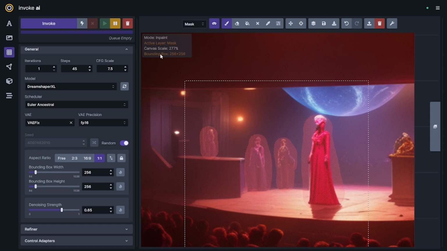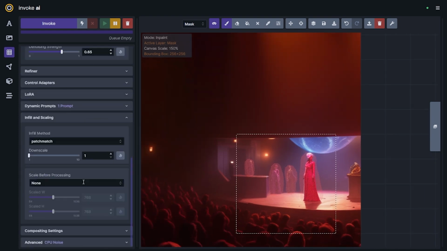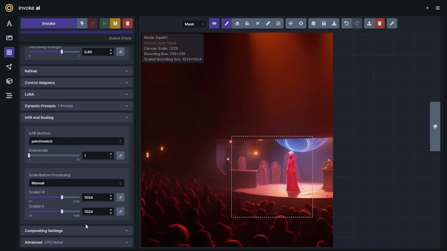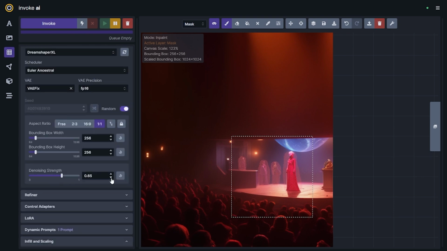And what I need to do now, my bounding box is giving me this warning up on the top left that's saying you're doing a generation at 256 by 256. And so what I need to do is go down to my scale before processing, and turn this up to 1024 by 1024. I could actually do it a little bit higher if I wanted to. This is really up to you, and if you know what your model is trained on, make sure that you're passing in the width and height that would match its general training data. In this case, I think this will be good, and I'm going to go back up to my denoising strength,